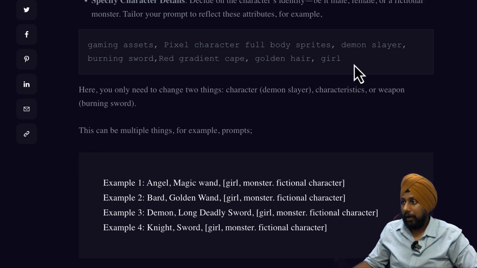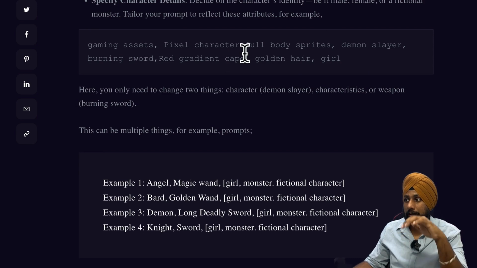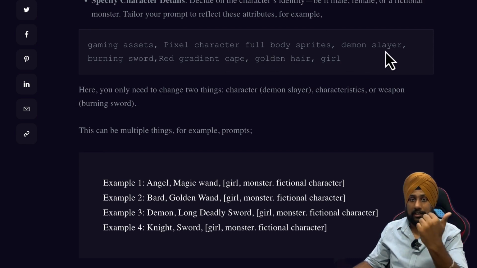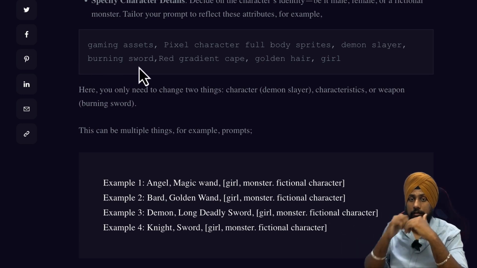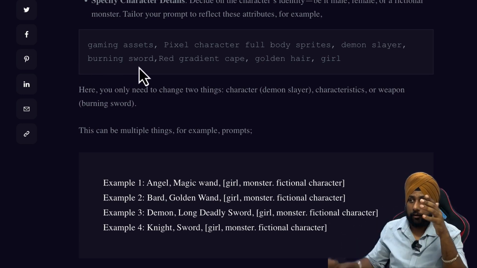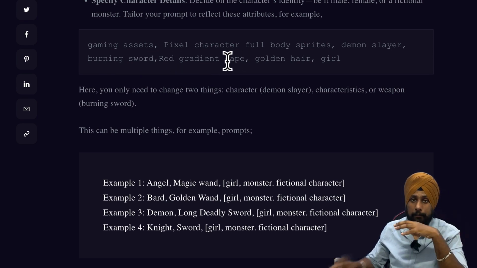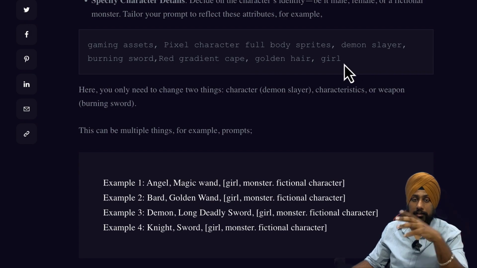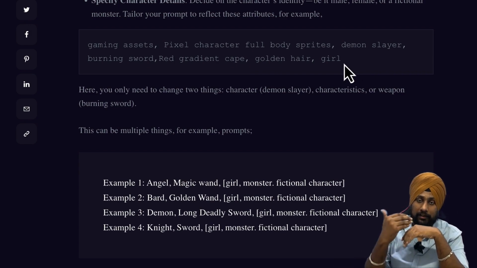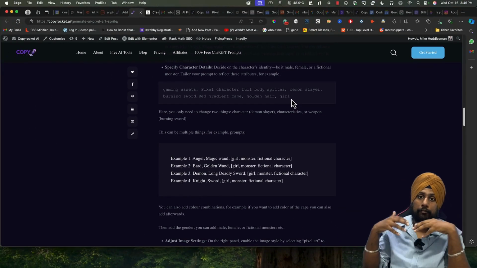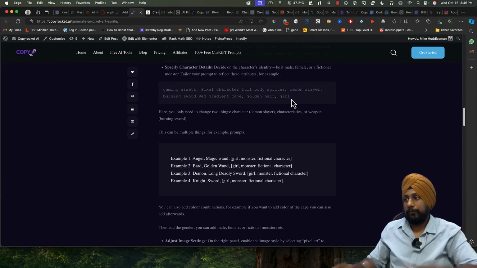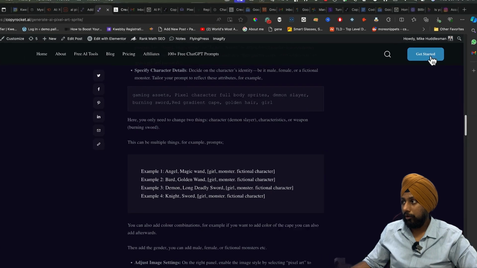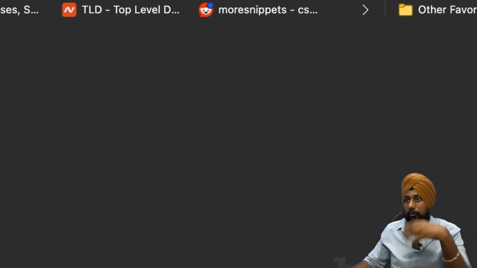Okay, so I'm going to copy this. This is about the gaming assets: pixel character full body sprites, demon slayer, which will be the character, burning sword, which will be the weapon I want my character to have, and then the cape color, then the hair color, and there you go. You can also add more to it, like the dress color or the type of dress you want. So I've just copied it, and going to the get started button,